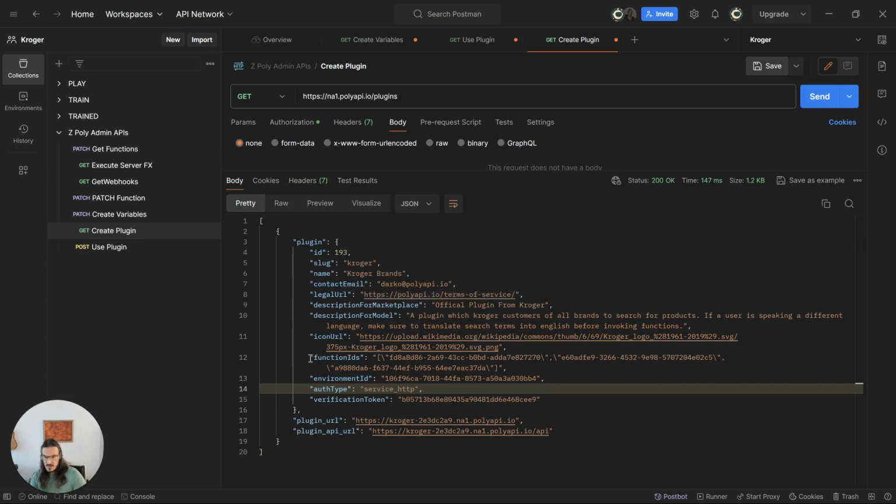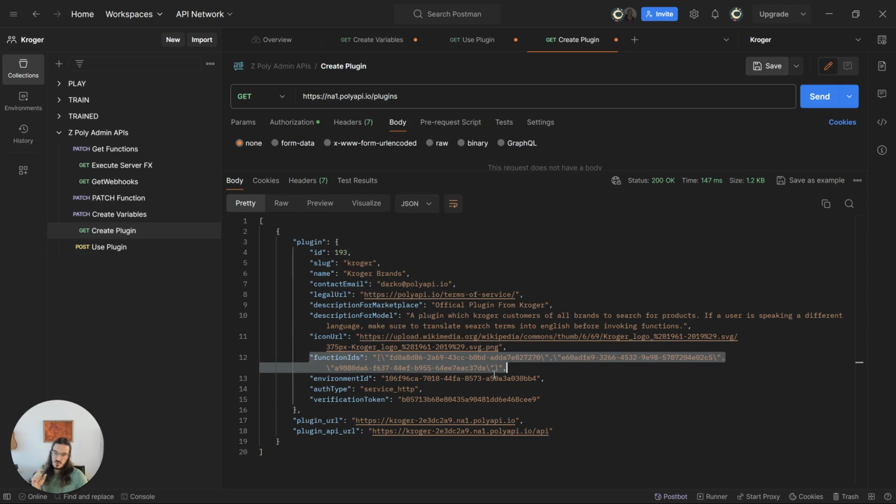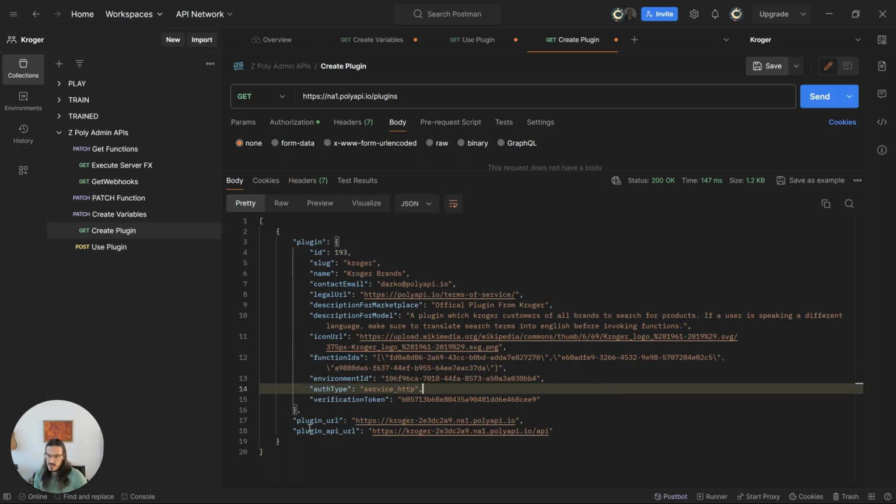So here's where you specify the function IDs you want to be part of it. So you can think of this as associating it to a controlled set of microservices you built or API functions you want to expose to this AI model. The other thing to consider here is that we generate both a plugin URL, which you can use within OpenAI, as well as a plugin API URL, which you can use to access through an API.